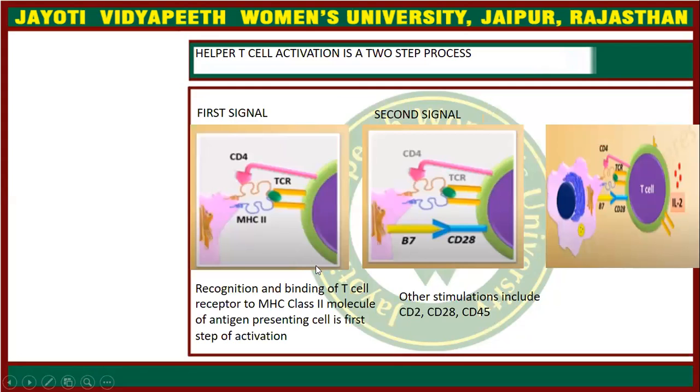After this binding, there is another receptor in the antigen presenting cell. The first binding was where the MHC molecule and the CD4 receptor bind to each other, and the antigen and T cell receptor bind to each other. The second signal is also provided by the B7 receptor and the CD28 receptor of the T cell. They bind to each other, and this binding will stimulate the T cell. They are the stimulators.